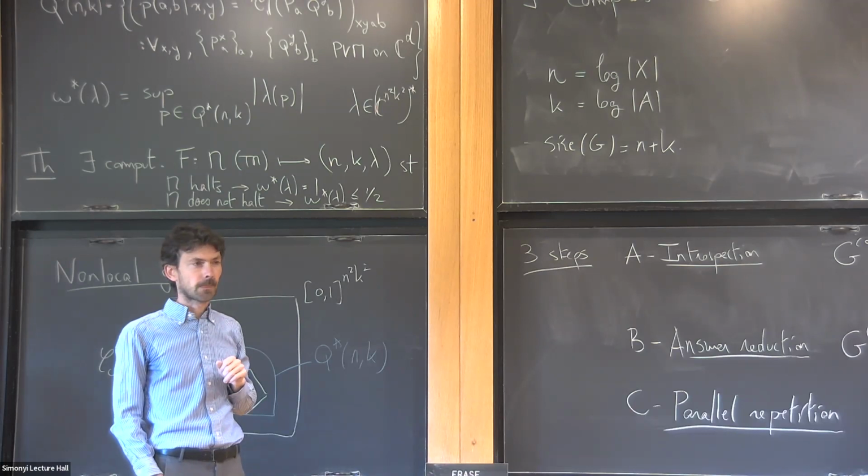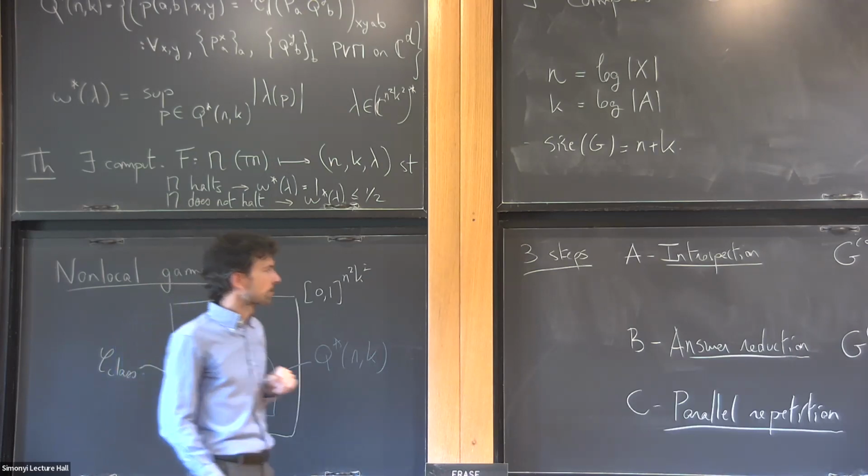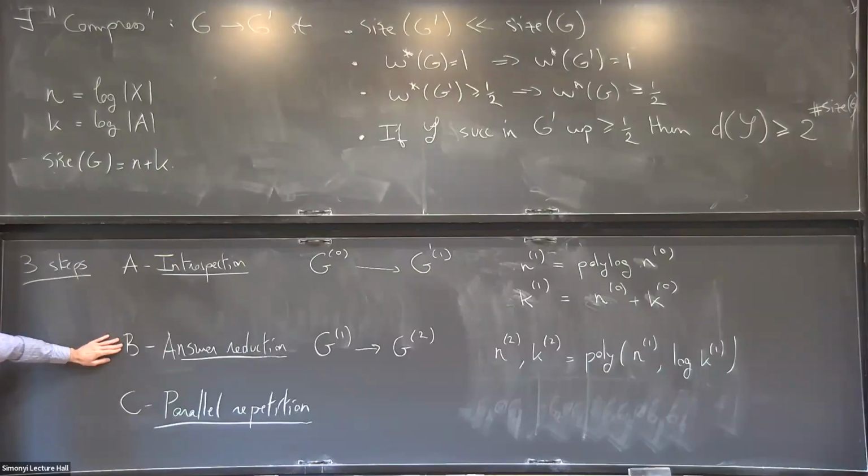So here we're designing a lambda or a game for this omega star. If we were to design for the omega class, which of these 3 steps could still be done, or none of them? Just B could be done. So it's really A. I guess C could be done too. So A is really the thing where it's quantum.